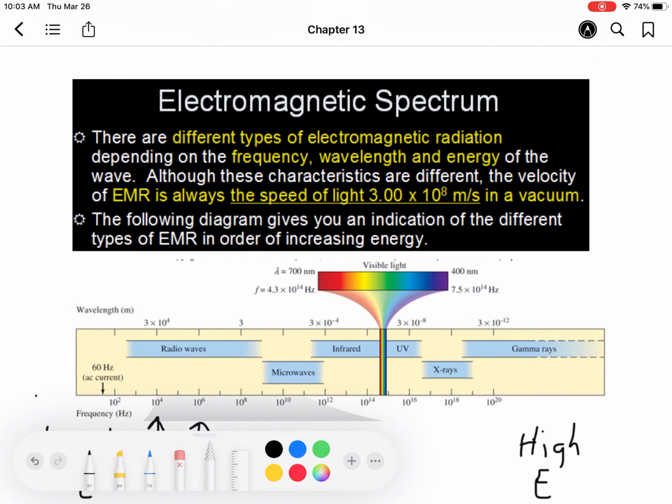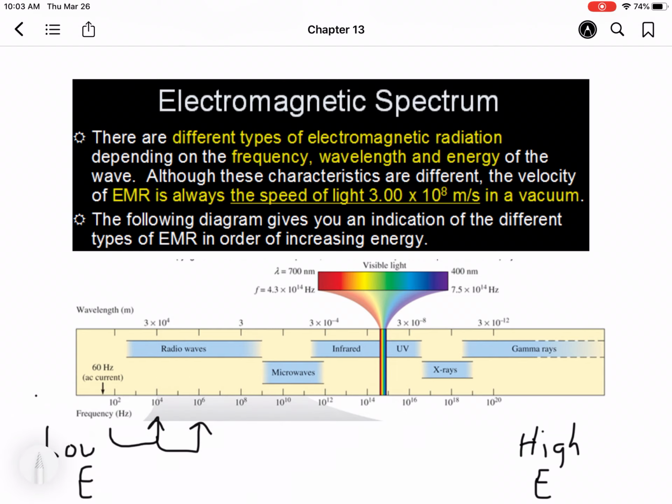All right, I know you guys have done Bio 30 already, so you've probably seen some of this, but I'm still going to go through it a lot, okay? So we have basically the different types. We have radio waves, microwaves, infrared, visible light, UV, X-rays, and gamma rays. You'll notice that they all overlap a little bit because the characteristics blend in the middle. Visible light is basically the range of frequencies, or the range of wavelengths,